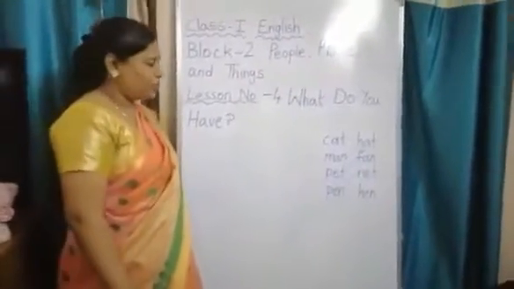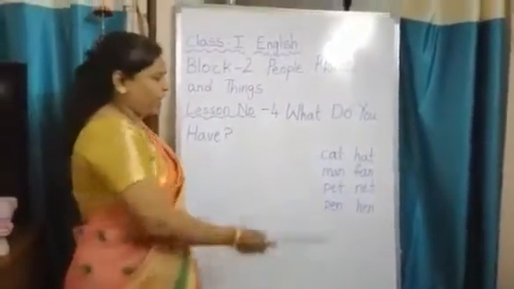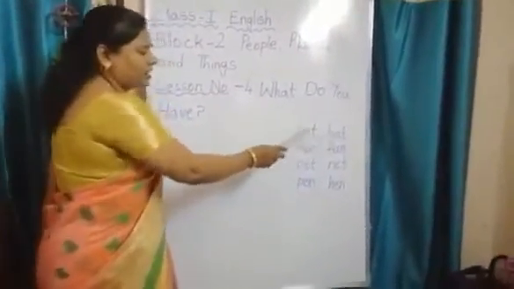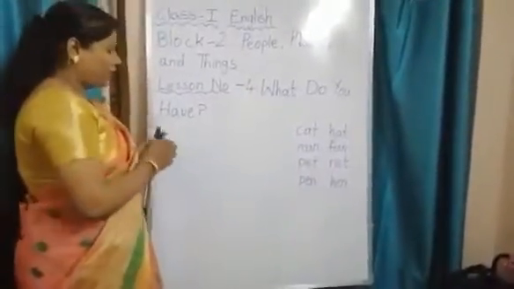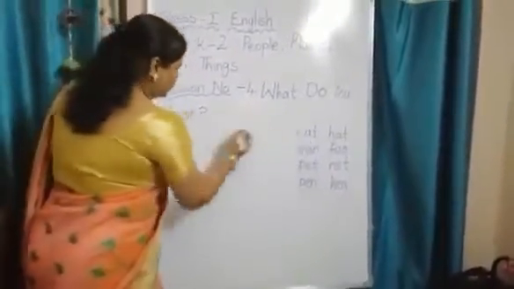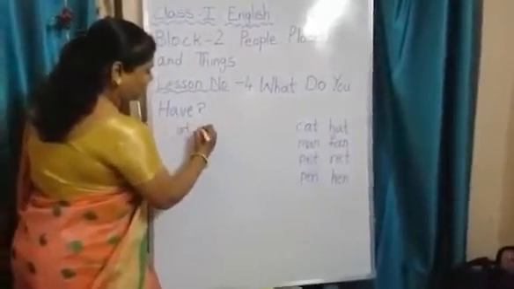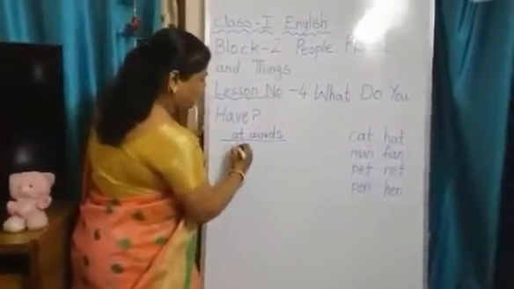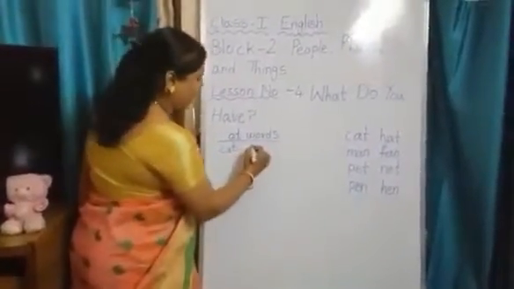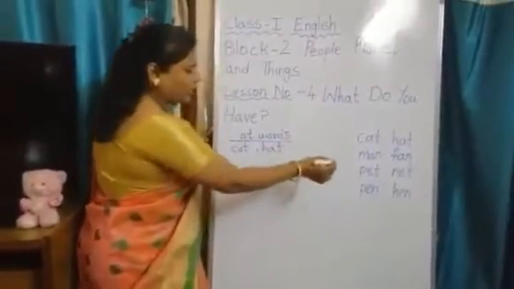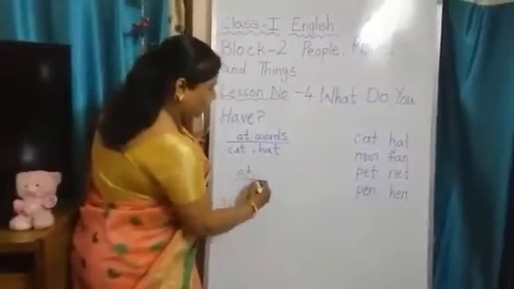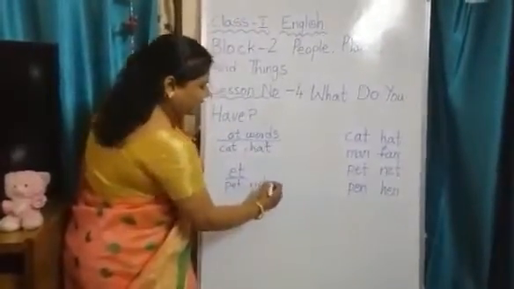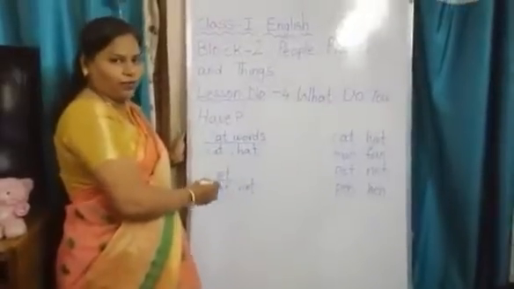Children, now I will teach you how to sort the words, children. See, one way of sorting the words is the rhyming way, children. Cat, hat, this is the rhyming way, no children. One way. The other way is we can take the last two letters, children, like this. AT words. Okay, children? So now all the AT words you have to write under this. What are the AT words? Cat and hat, children. Okay? And then let us take ET words. What are the words with ET? P-E-T, pet. N-E-T, net. Like this also one way we can sort the words.